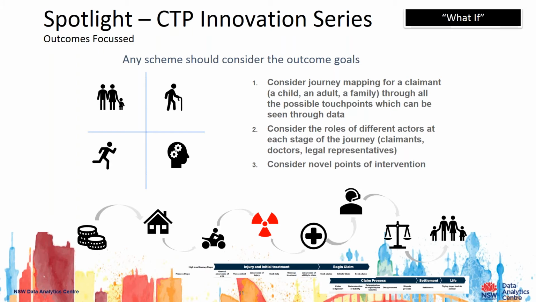And through the lens of government data, through commercial data, through open data, build that rich picture of the understanding of that person who's involved in an accident and who then becomes a claimant and who then goes through a legal process and ultimately is returned to their family. And following that diagram down the bottom of the screen, you'll see a very crude mapping of that journey from someone paying their premiums to someone leaving home, in this case on a motorcycle, having an accident, and unfortunately in this case having an accident with a nuclear power plant, going through that recovery process, the claims process, the legal process, and return to family.